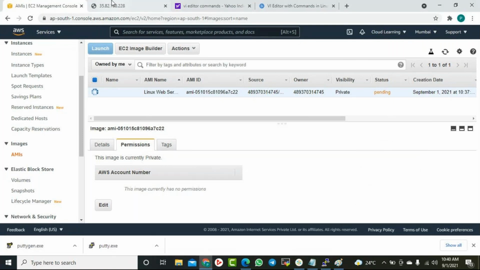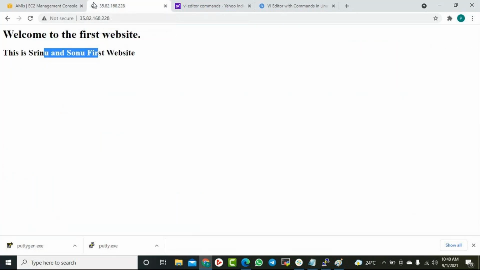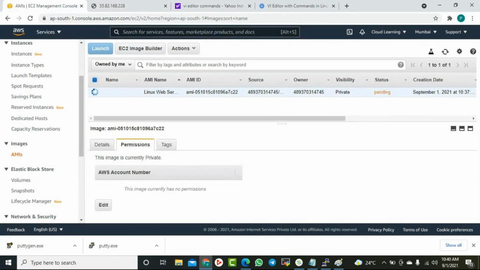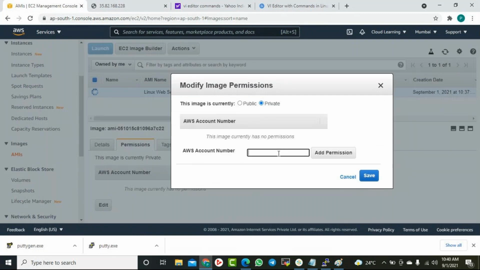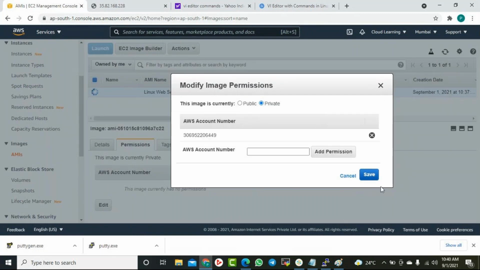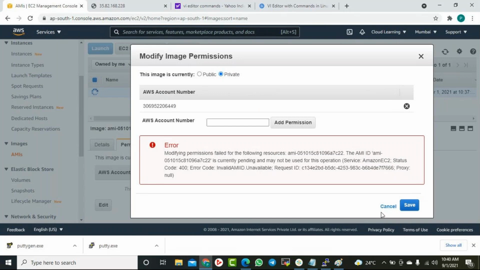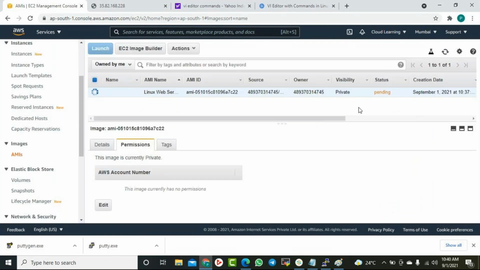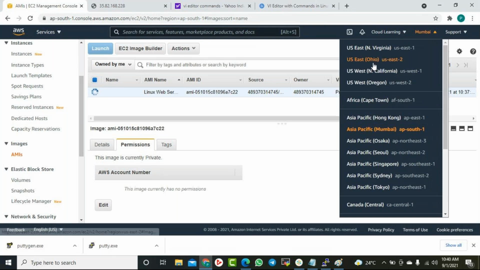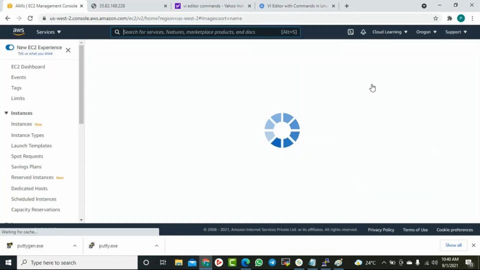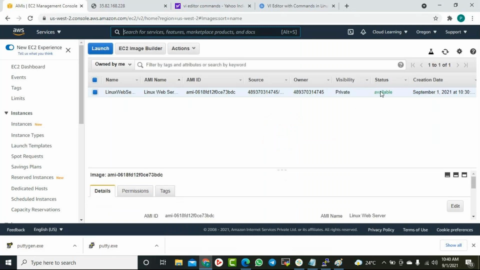And I go to permission and I give you that. So right now it is basically getting registered. Once it is registered, we'll be able to do that. Let me do it in Oregon.